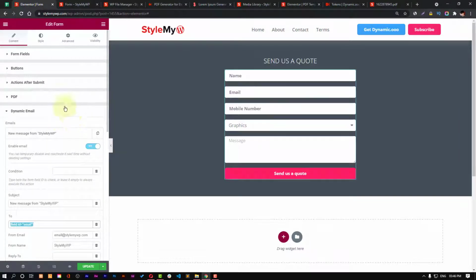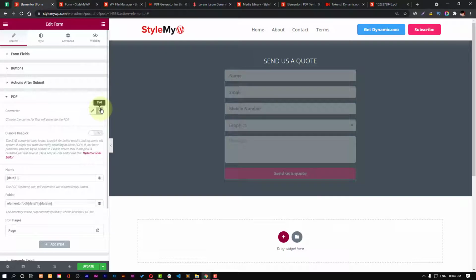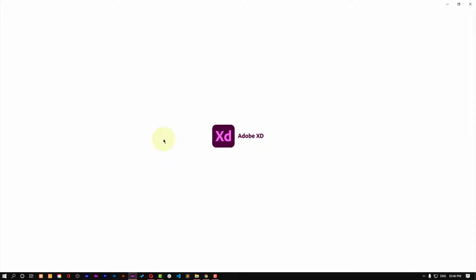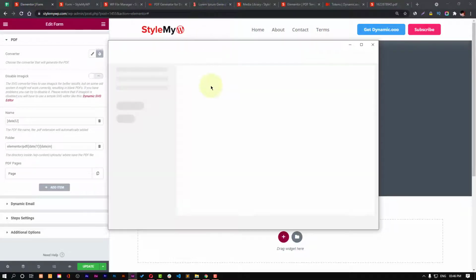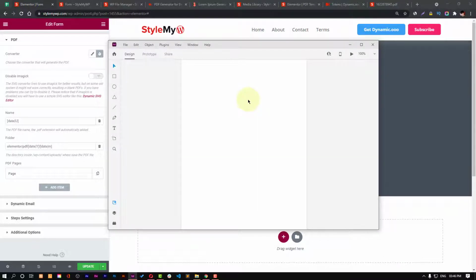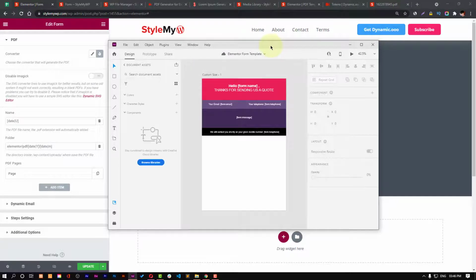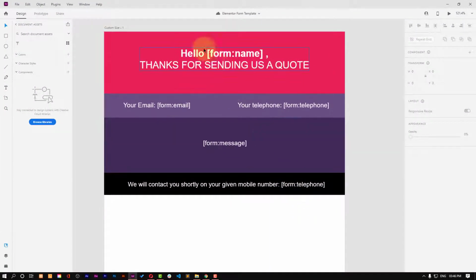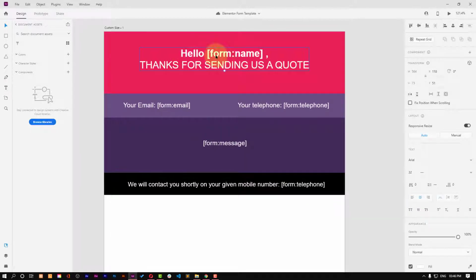And if you want to use an SVG converter, you can click on it and then create a template in your Adobe XD. I have already created a template, and let me show you quickly. So here is my template that I have created recently. Looks good. All you have to do is just use the tokens in text form and nothing much.